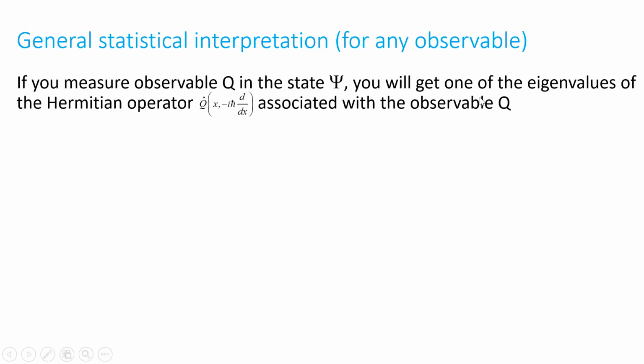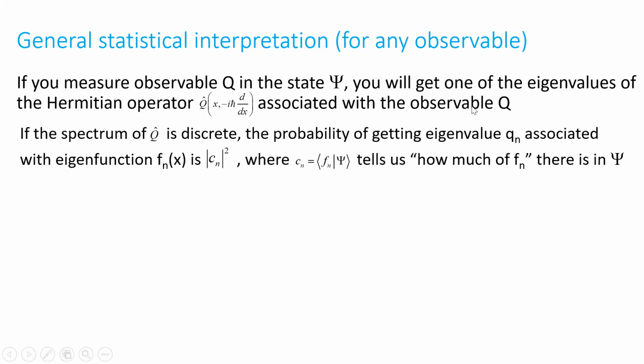Just for example, if you're in the infinite square well and you measure the energy, you're always going to get one of the allowed energy eigenvalues that go up as n squared. When you make a measurement, the system always collapses into one of those eigenfunctions, and you always get one of those eigenvalues. So if the spectrum of the operator is discrete,